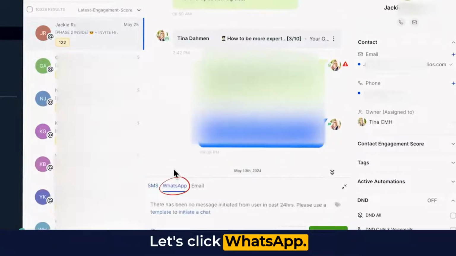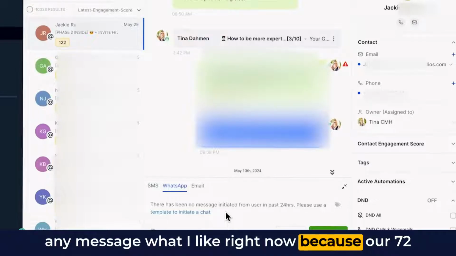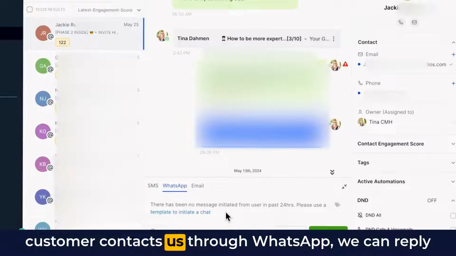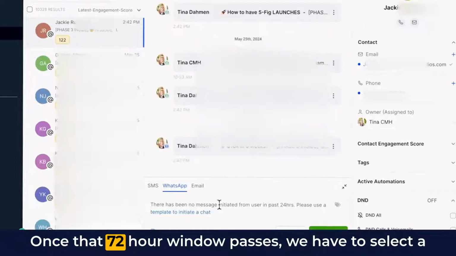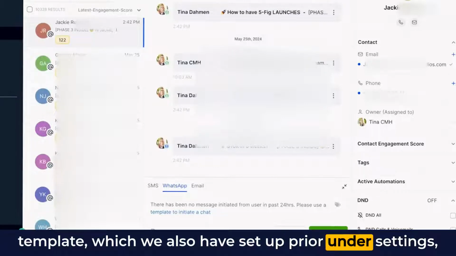Let's click WhatsApp. Now for the WhatsApp messages, I can't just send any message I like right now because our 72-hour window has already closed, which means if the customer contacts us through WhatsApp, we can reply and say anything we want within a 72-hour window. Once that 72-hour window passes, we have to select a template, which we also have set up prior under settings,